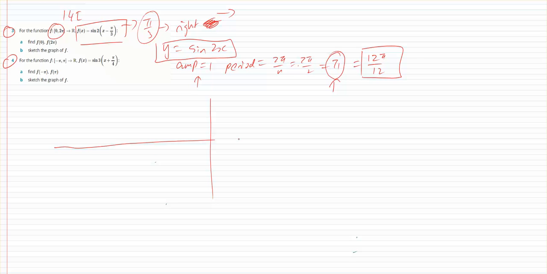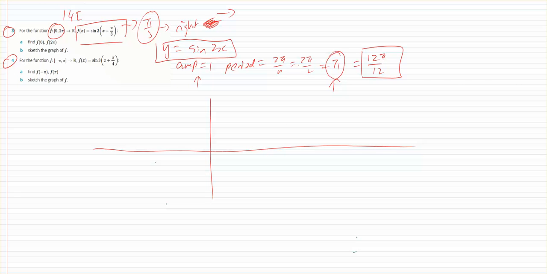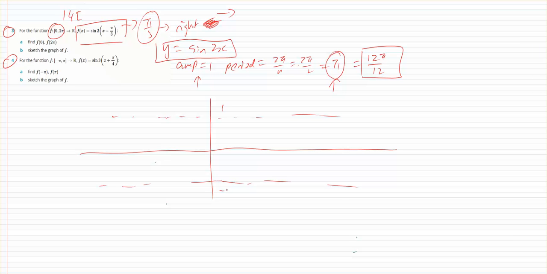So if I were to draw the graph, I need to divide it into 12. My amplitude's 1, that's pretty easy to do, so 1 and negative 1. And I'm going to divide my graph into 12, so 12 pi over 12 and 24 pi over 12. And if I go 6 pi over 12 and 18 pi over 12,